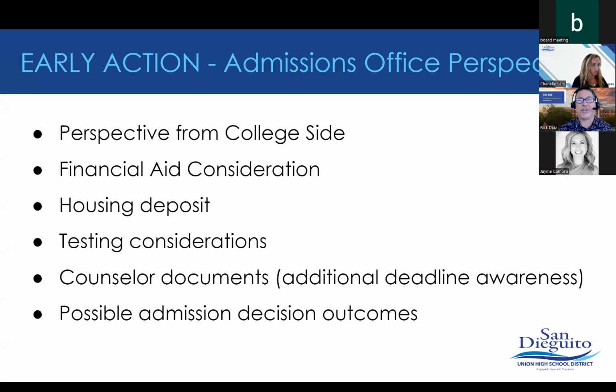Testing considerations, again, relate to every school's individual policy on whether or not they're test optional and the latest date by which you're able to submit test scores. Some colleges basically are very clear and they say, no, we are not test optional. We must have all your testing done before the start of your senior year, in which case that's their rules. Other places are test optional and make it clear that you are able to submit test scores even after you've been admitted to improve your chances for scholarship consideration, honors program consideration, or even entrance to a specific major.